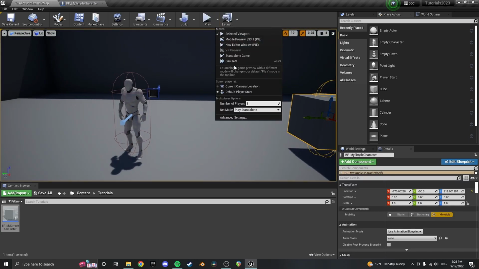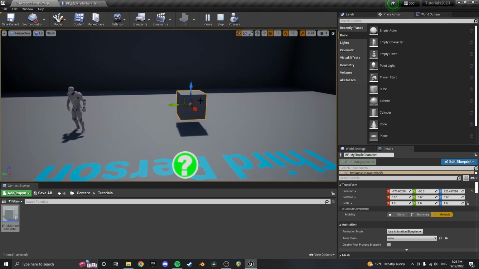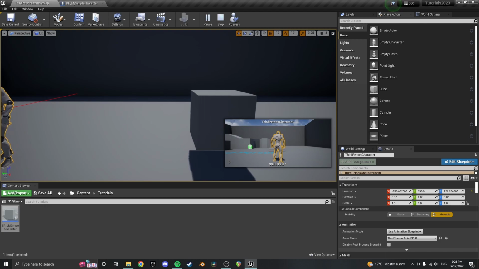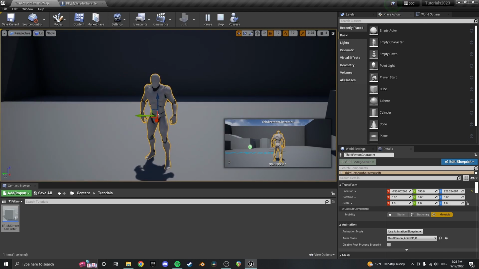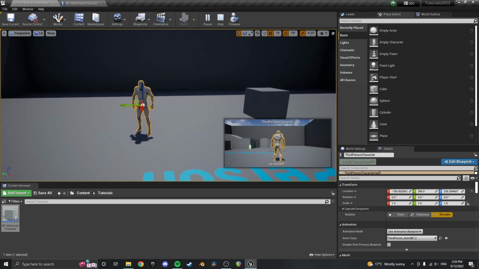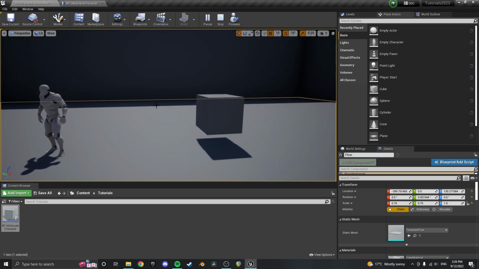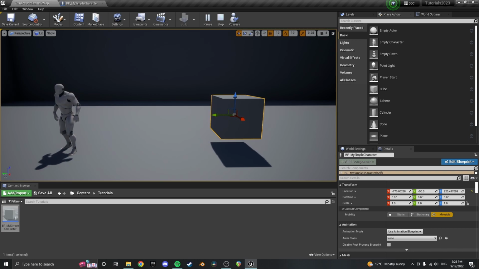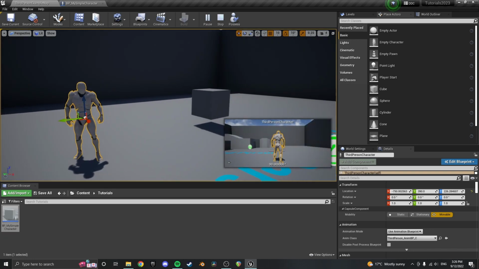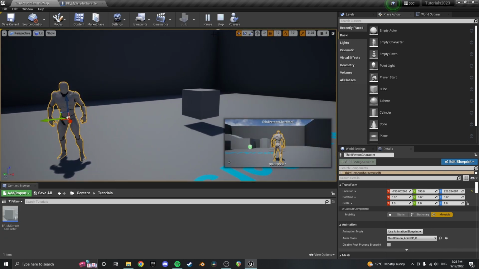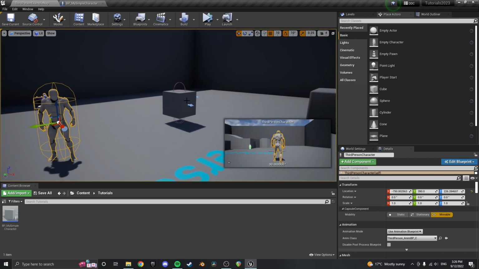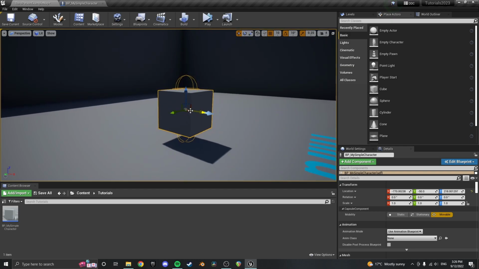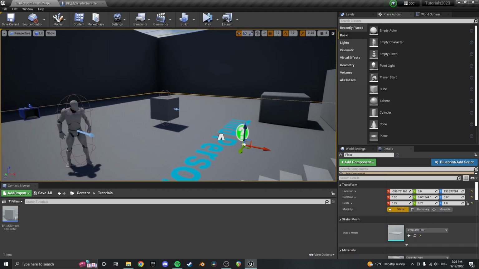And likewise, if I just hit simulate like this, we've got two characters, the one that we just created and this other character that started in the scene, and they're both bodies, but neither of them have got any brains, and they don't actually know how to do anything. So that's the first sort of concept, I guess, is this idea of possession. It's like you can have a character that exists in your game, but he's just a body unless you give him a brain. So the next thing that we need to do, if we're going to be creating what we call AI, which is artificial intelligence or things moving around by themselves as if they had their own free will,